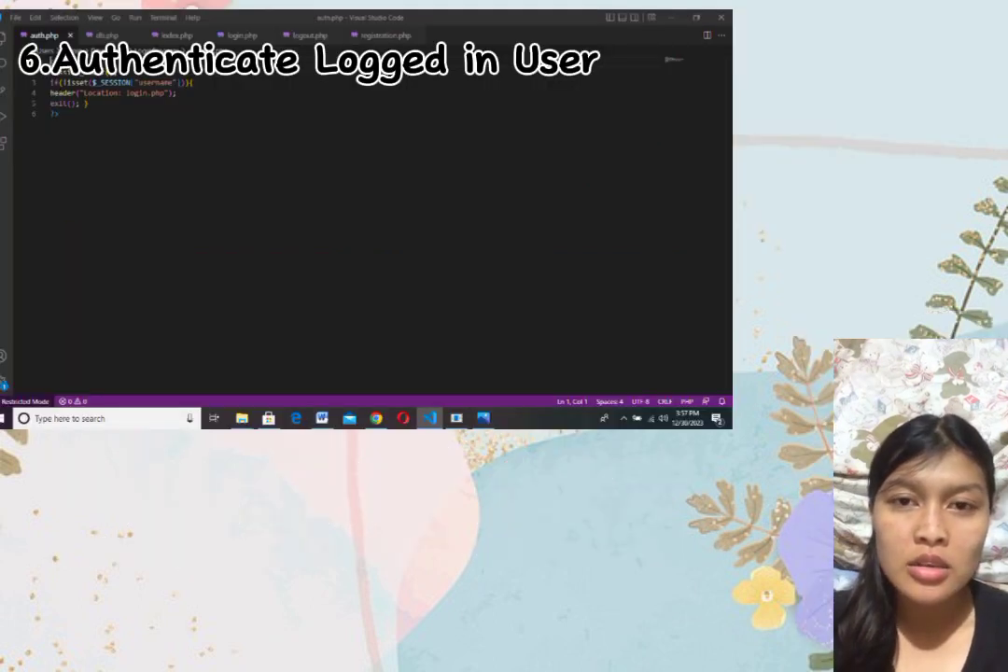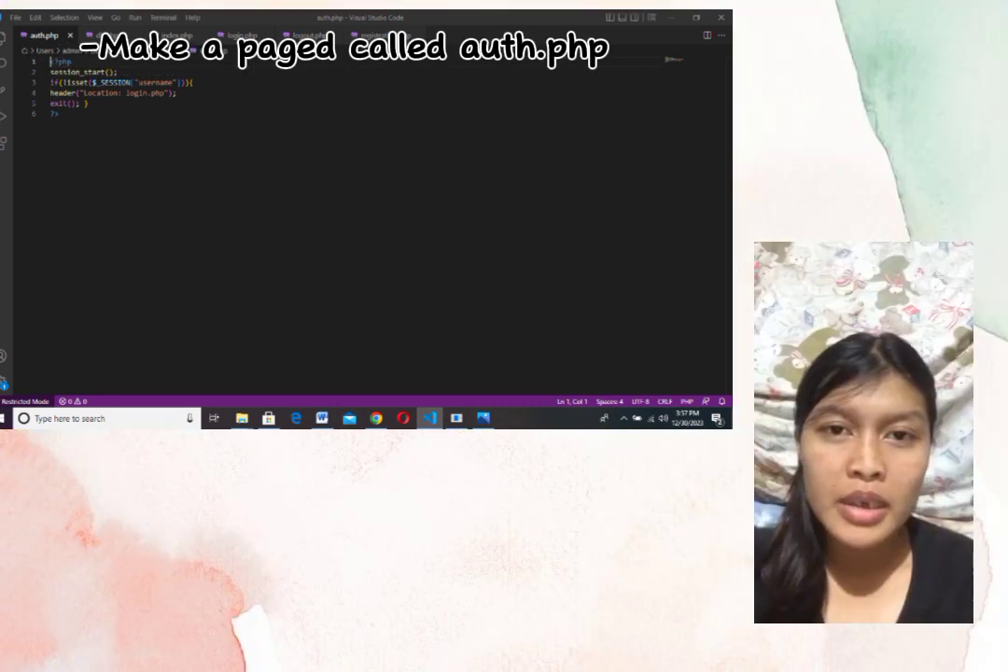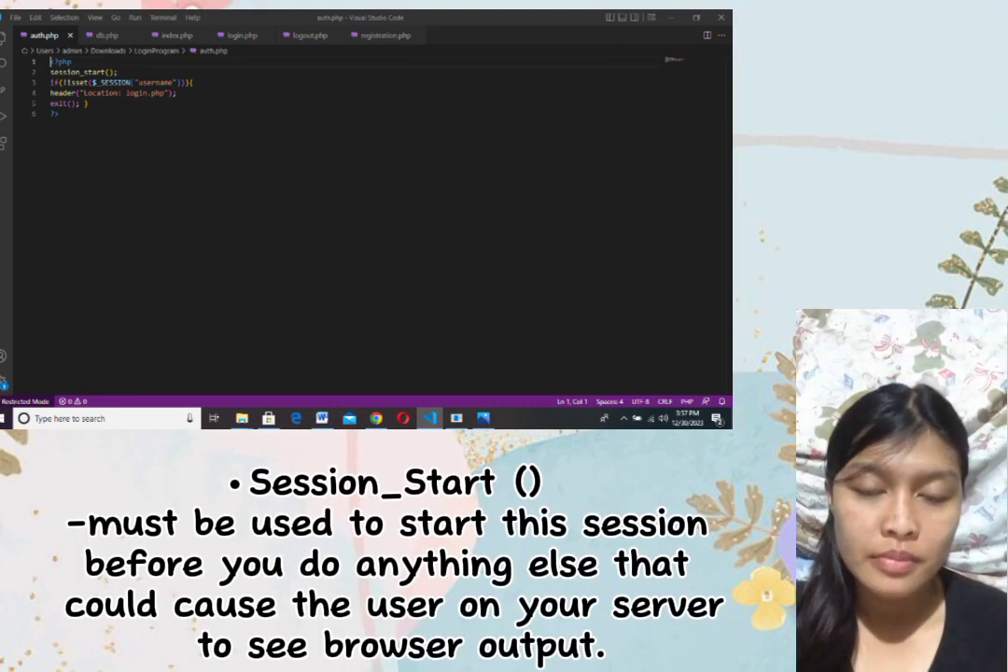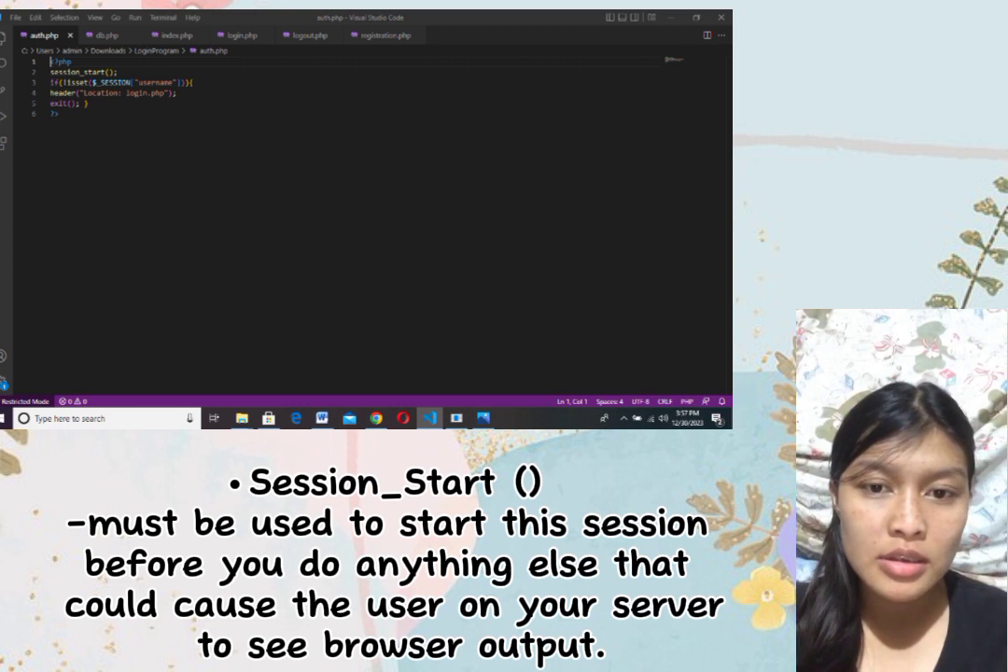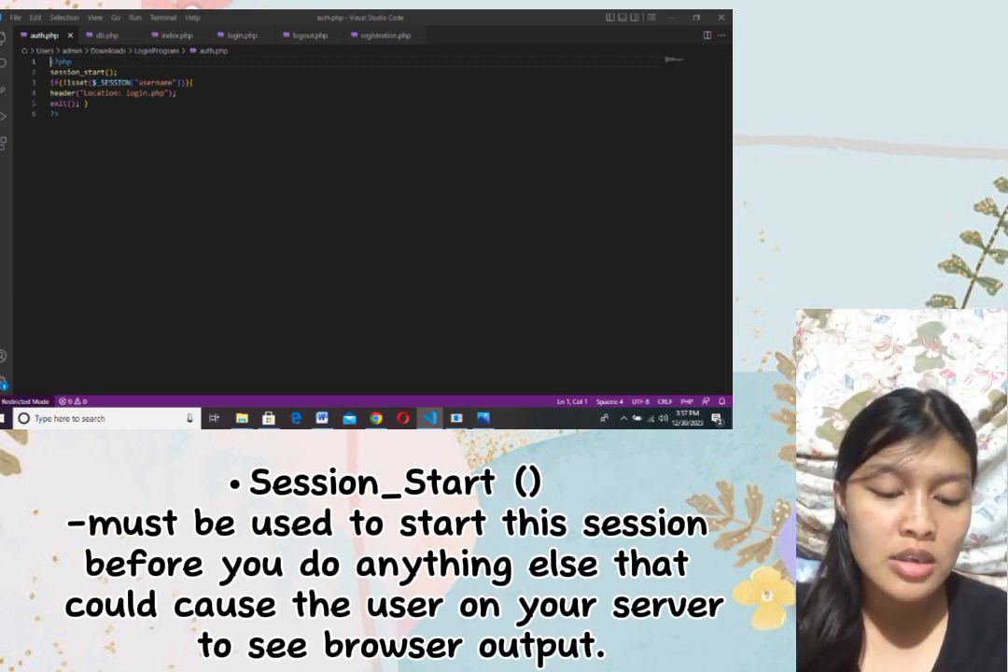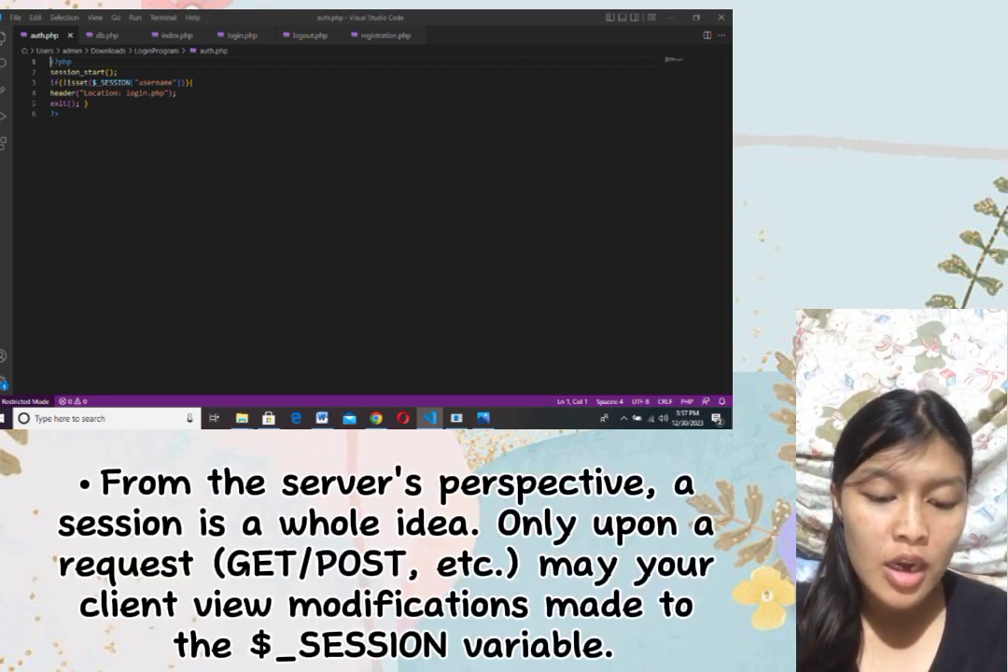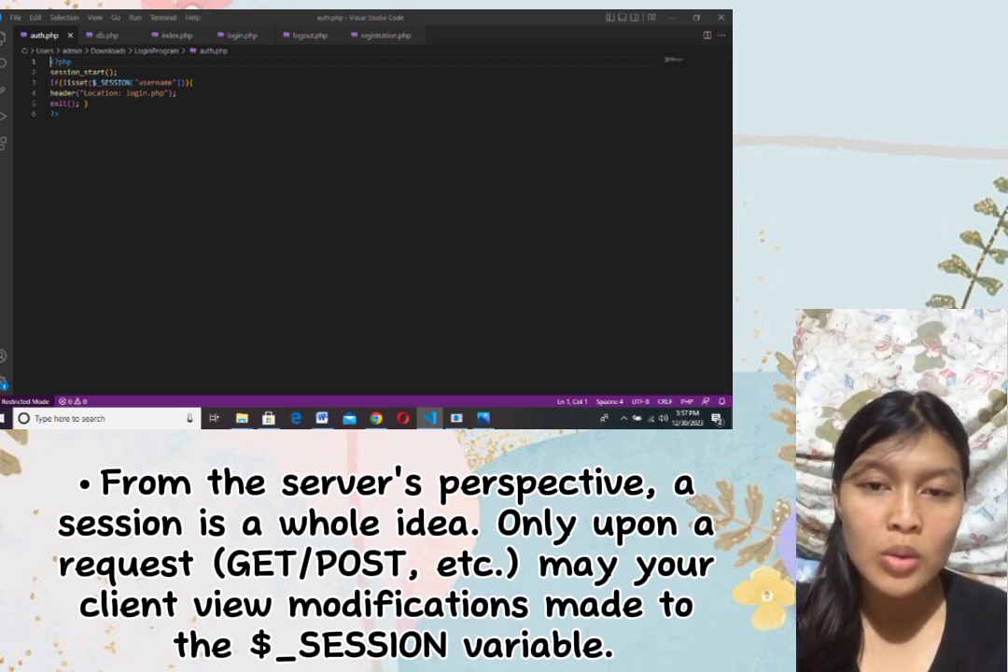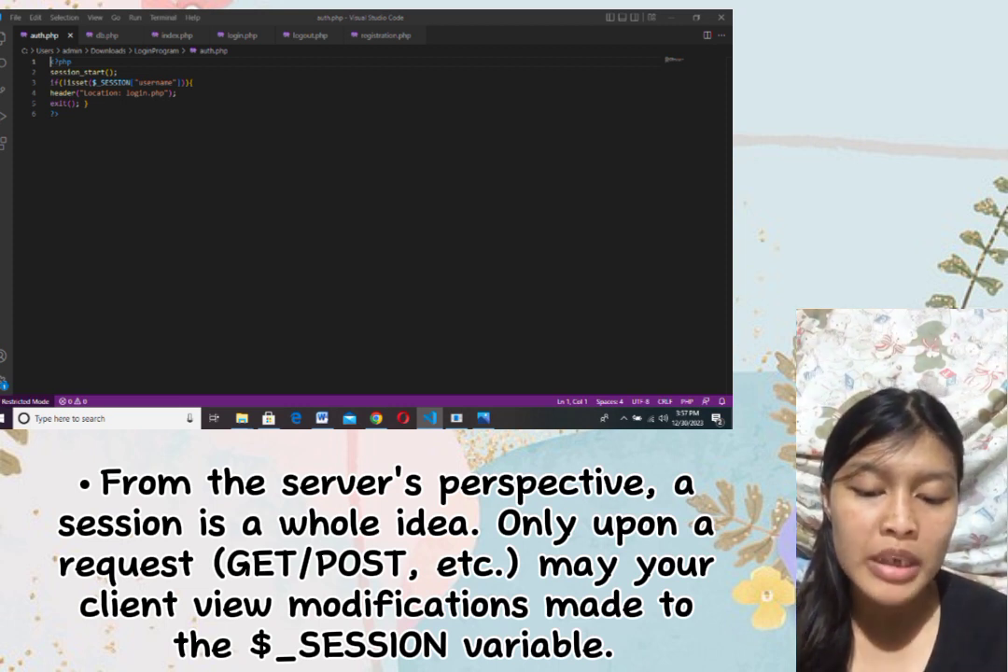6. Authenticate login user. Make a page called auth.php. session_start() must be used to start this session before you do anything else that could cause the user on your server to see browser output. From the server perspective, a session is a whole idea only upon a request or a GET/POST or etc. May your client view modification made to the